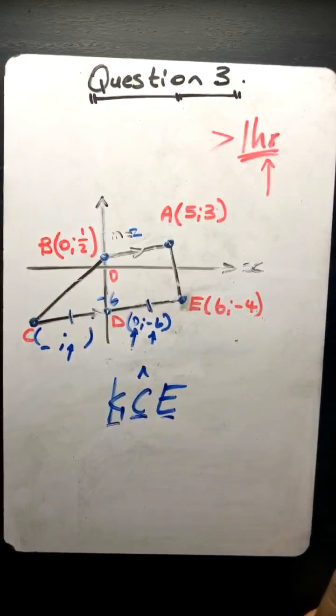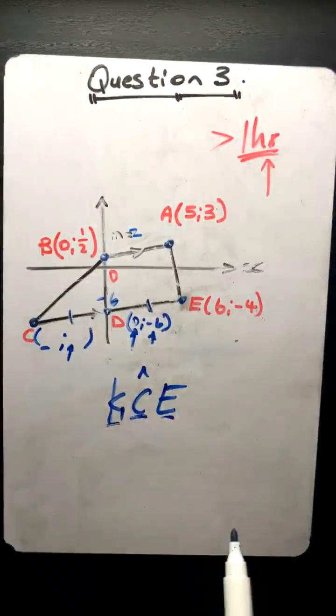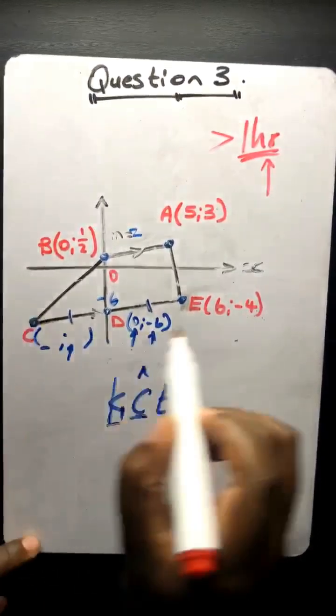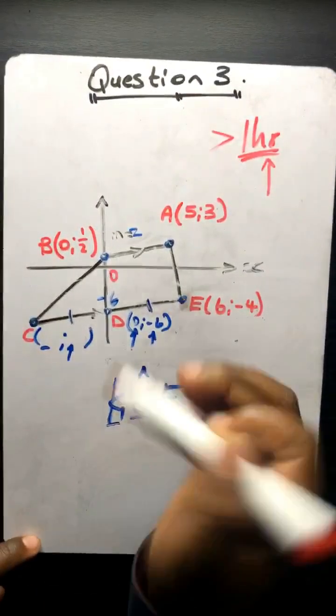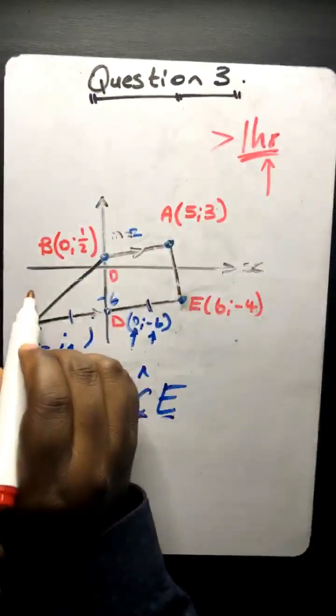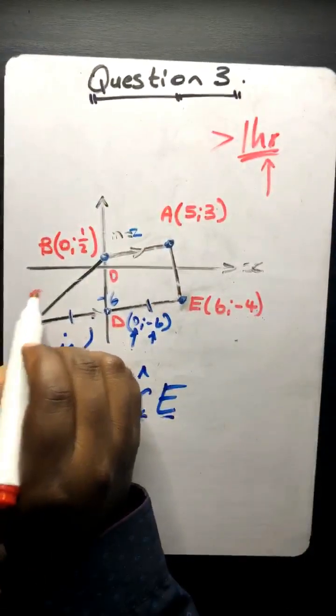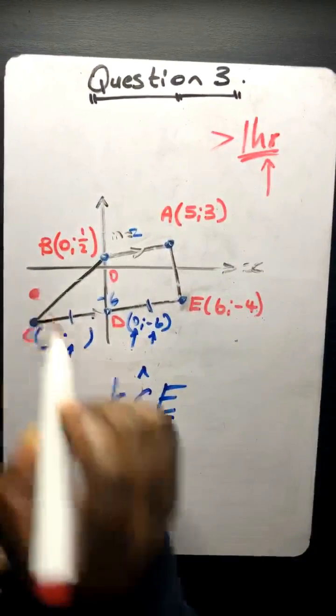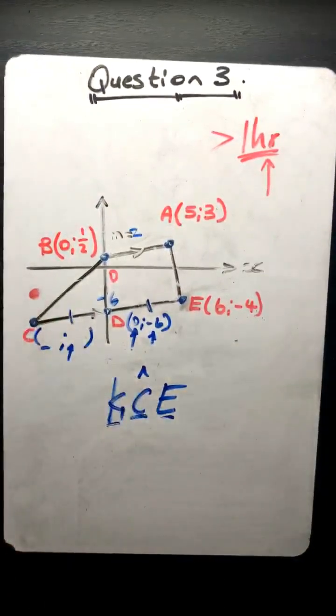So let's see, which triangle are they talking about? They're talking about K. Where is K? Oh, K goes in here. You remember they said this thing doing that along that. So that point is obviously going to be somewhere there. The examiner will try by all means to be tricky. Just make sure that you keep